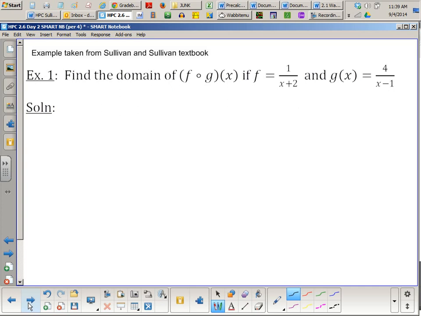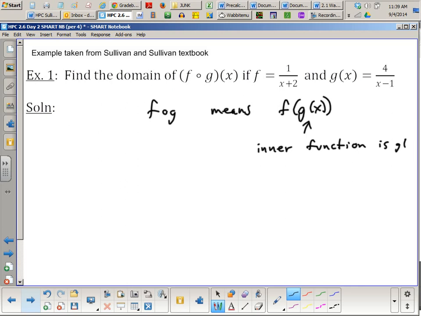Okay, so here's how I do these problems. First thing I do is I write down what f∘g means. So f∘g means f of g of x, right? And then I identify the inner function, as opposed to the outer function. So the inner function is clearly g. I'm going to write down its domain right now. Okay, so the domain of g of x